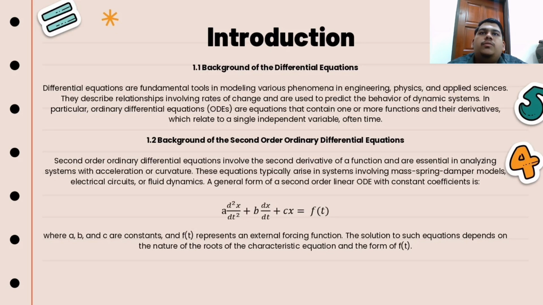Second-order ordinary differential equations involve the second derivative of a function and are essential in analyzing systems with acceleration or curvature. These equations typically arise in systems involving mass-spring-damper models, electrical circuits, or fluid dynamics. A general form of a second-order linear ODE with constant coefficients is a d²x/dt² + b dx/dt + cx = f(t), where a, b, and c are constants and f(t) represents an external forcing function. The solution to such an equation depends on the nature of the roots of the characteristic equation and the